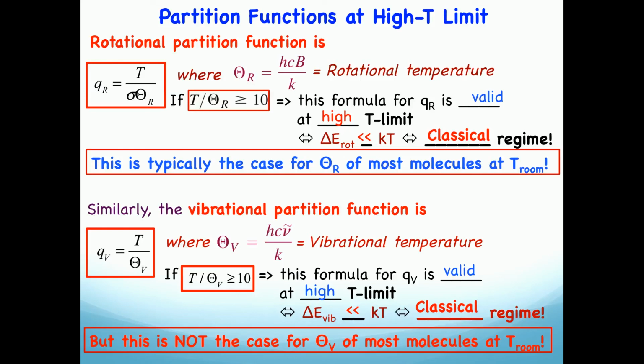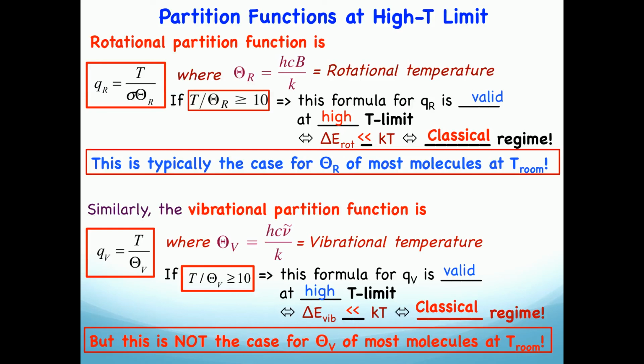But iodine I2 has a vibrational temperature of 300 kelvins. Then the question to you: if iodine I2 has a vibrational temperature of 300 kelvins, meaning theta_V is 300 kelvins,